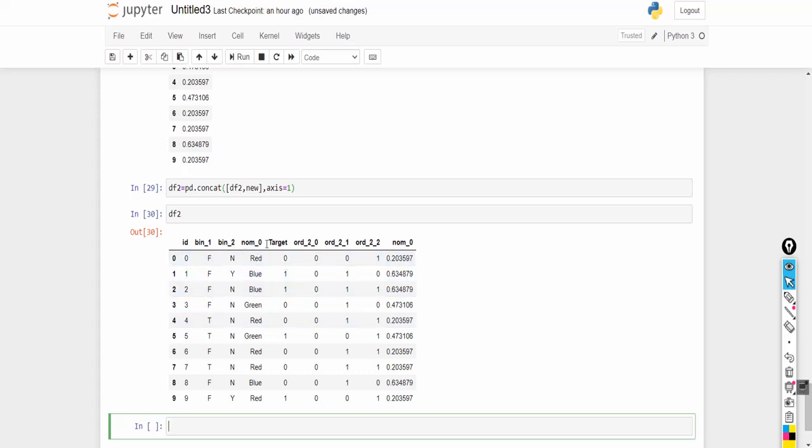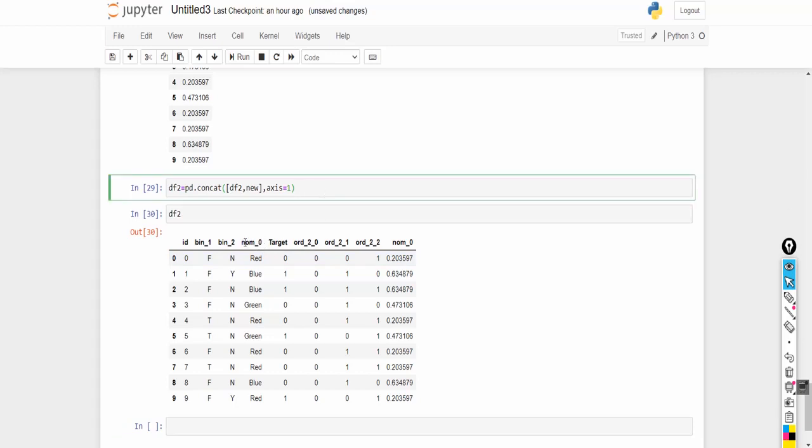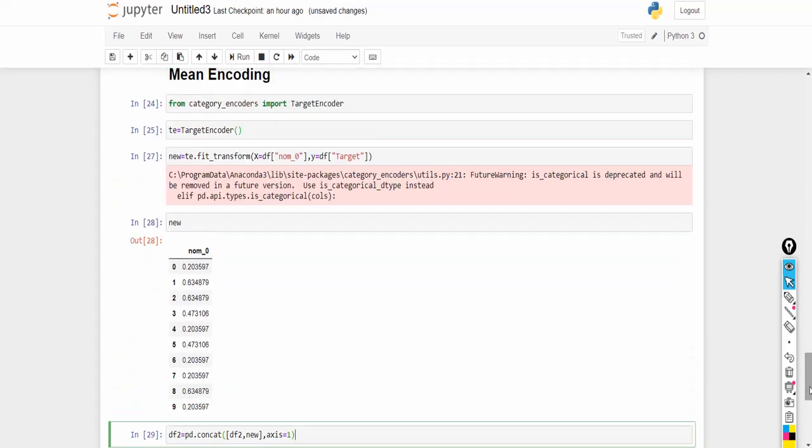Before doing this step you can drop this norm_0 categorical feature. This column is not required anymore, since we have already converted it to numerical values, so you can drop it.